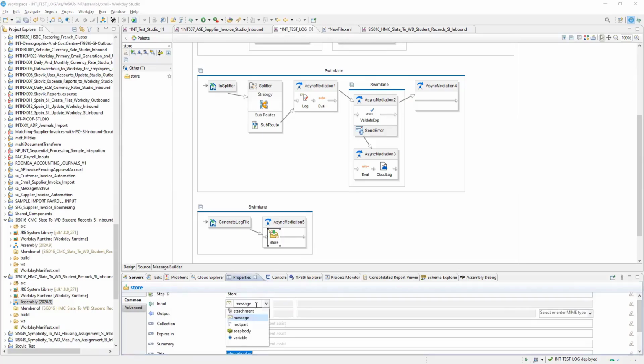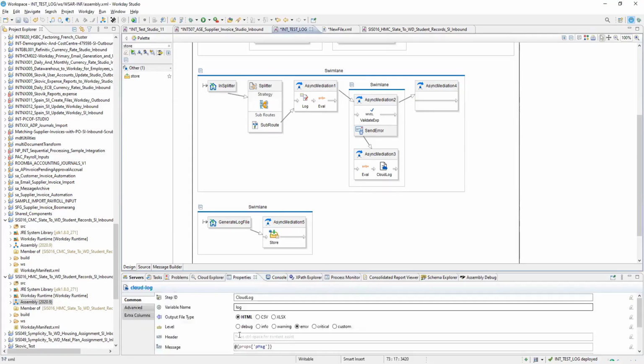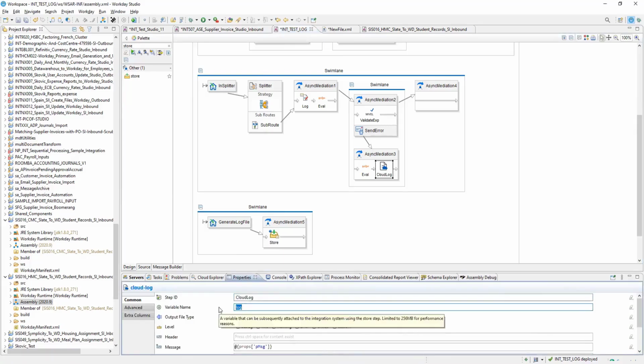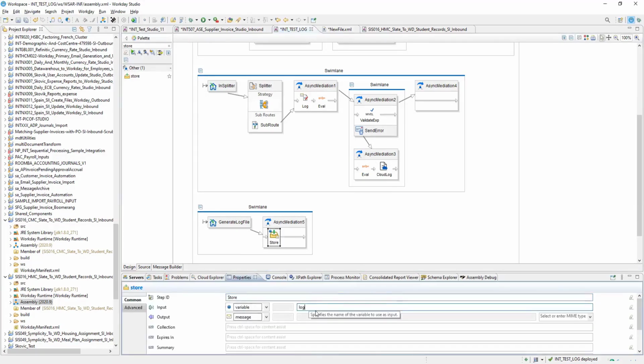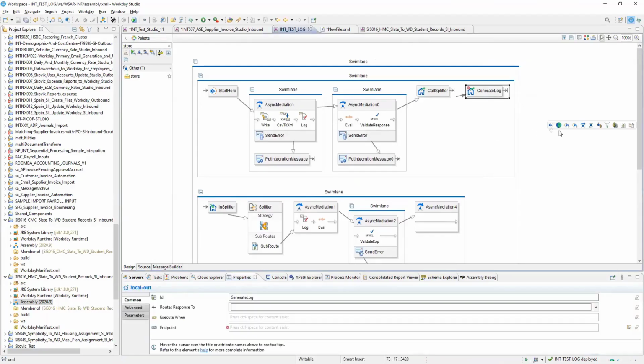Input to this log will be a variable. And what will be the variable name? It is the name we have given to the cloud log, which is this log control. I will put that variable here and save it. Right, and then let me save it.